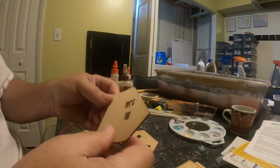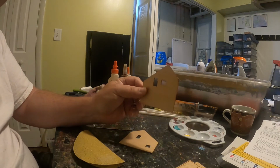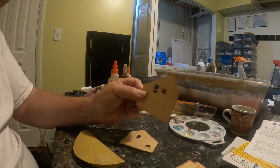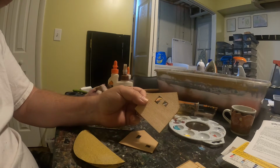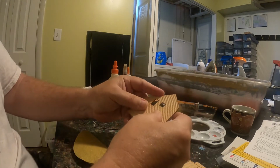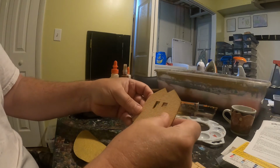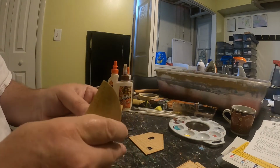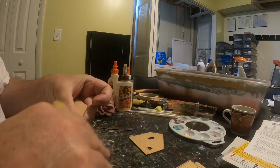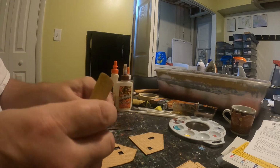I want to do little surprise things in my layout, like putting movie scenes and stuff, and I do want to put Sun Studio Records, which is in Memphis, because I got a little Elvis figure and an Elvis car to put out in front of it, and I've not been able to find an Elvis Graceland. I haven't found a Sun Studios, which I'd like to put in there,